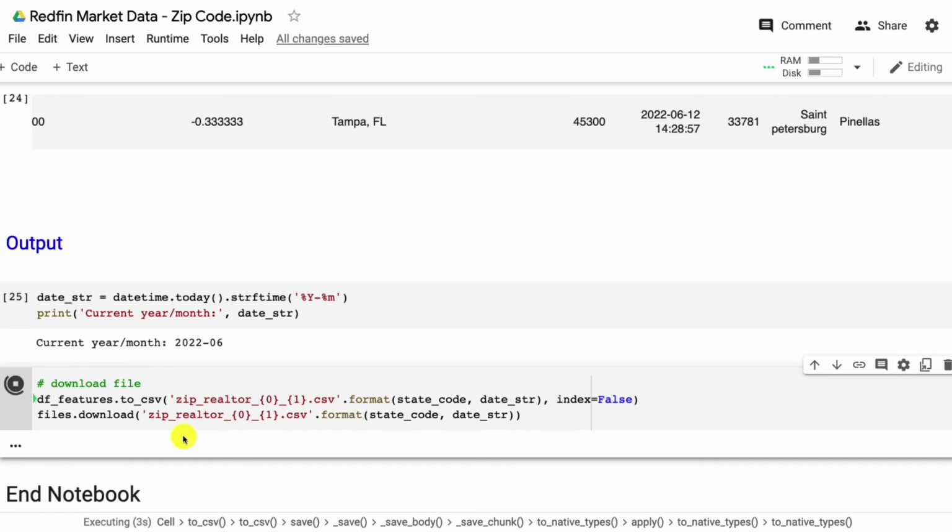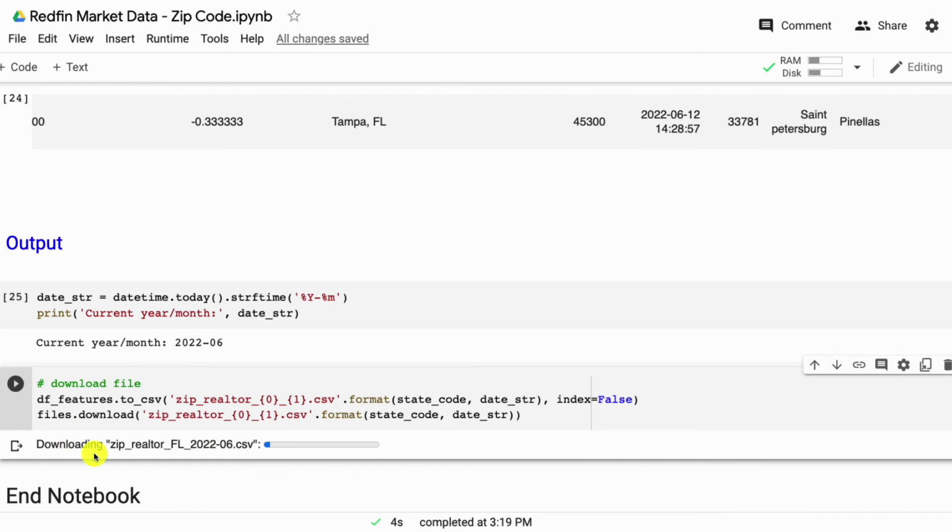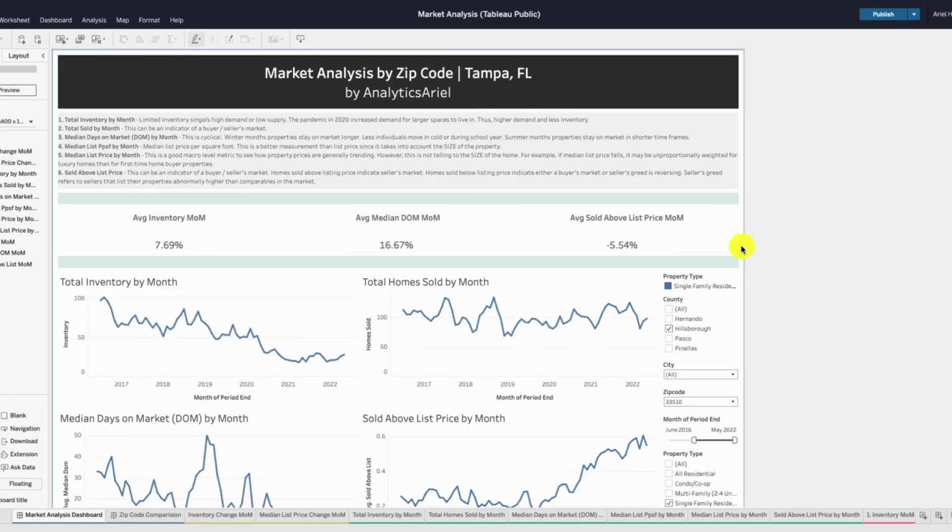Our next step here is, once we have our data set, in the next video we'll be actually creating this Tableau dashboard that you'll be able to use to